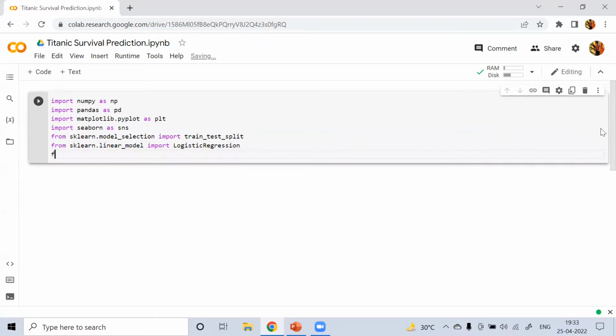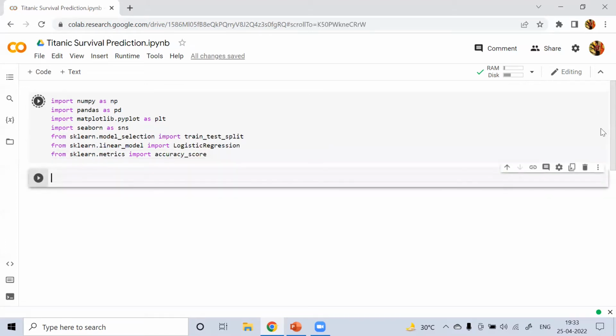Again from sklearn.metrics, we will import accuracy_score. So we have imported all the dependencies.